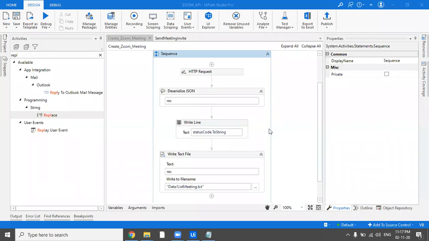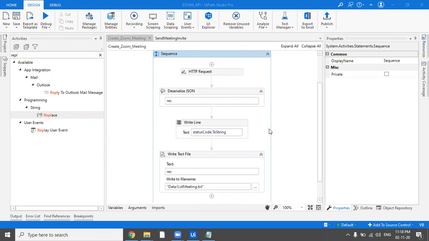So we have seen how to create a Zoom meeting by hitting an API call of POST type. We saw how to get all the meetings, whether previous or upcoming, again by hitting an API.